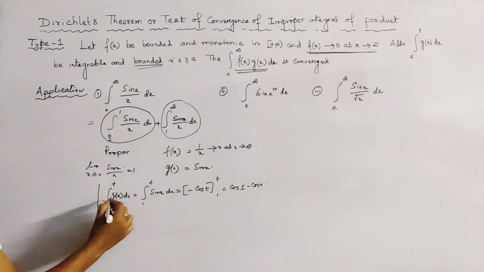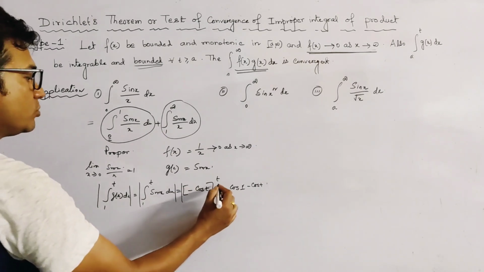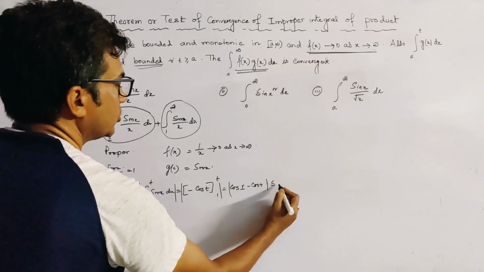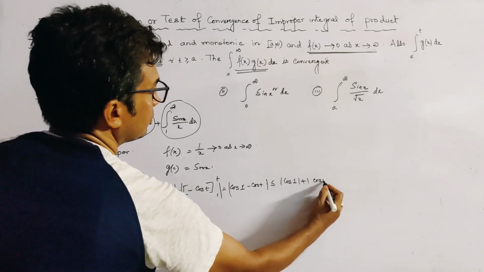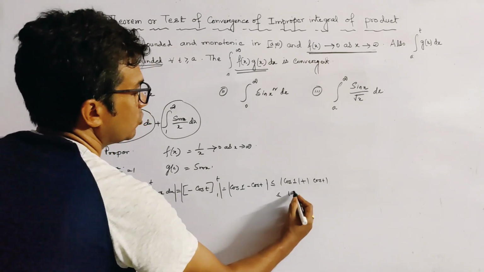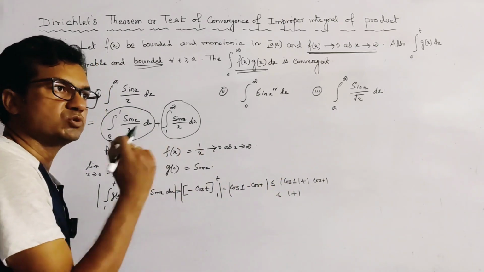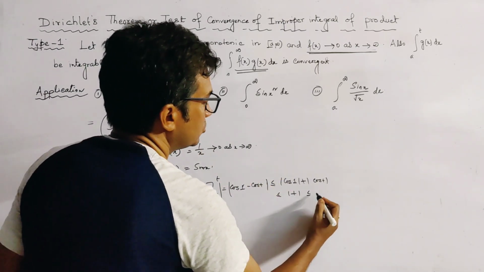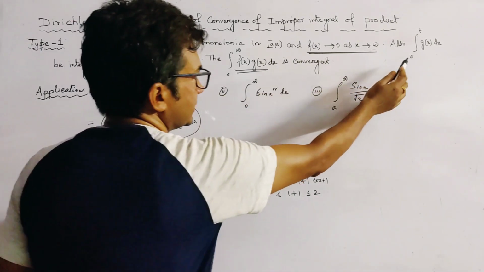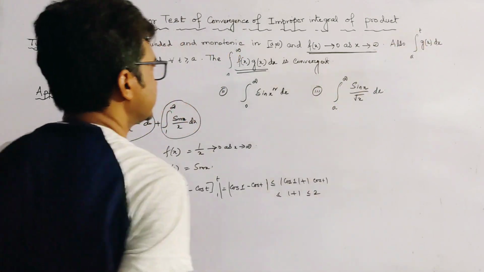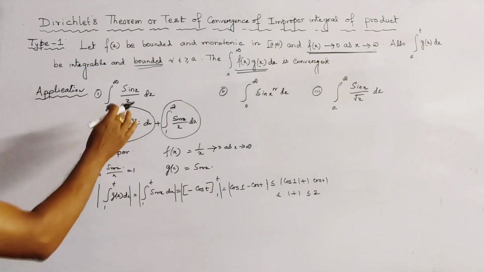And if we take the modulus of this integration, and this is also mod, this is also mod, so this is less equal to cos 1 plus mod of cos t, and this is less equal to 1 plus 1, because the largest value of cos 1 or cos theta is 1, so this is less equal to 2. And we say that this integral from a to t of g(x) dx is integrable, because we integrate this term and this is